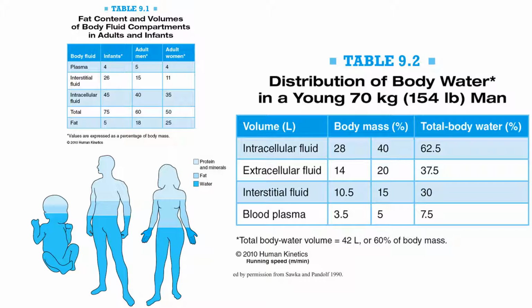Now, we all have a number of different fluid compartments. So yes, you can figure out, turns out babies are mostly water. Then as we become older and older, less of us becomes water, but still over half of it. Then from there we have protein and minerals, so we're talking about bones, muscles, connective tissue, etc., and then obviously our fat mass.